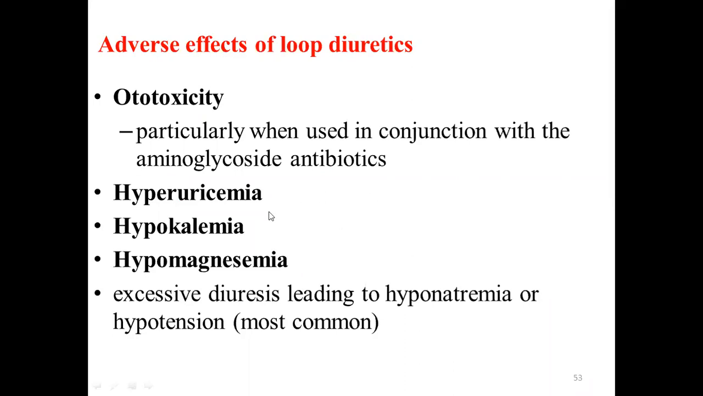Then they can even cause hyperuricemia, like thiazide diuretics. They can even cause hypokalemia and even hypomagnesemia. Then excessive diuresis can lead to hyponatremia and even hypotension, which is very common. That is why when you give this class of drugs, we need to monitor the patient properly. Otherwise, we can even kill the patient because of hypotension and electrolyte imbalances. Yeah, that is very key information to note. So at least when you are thinking about